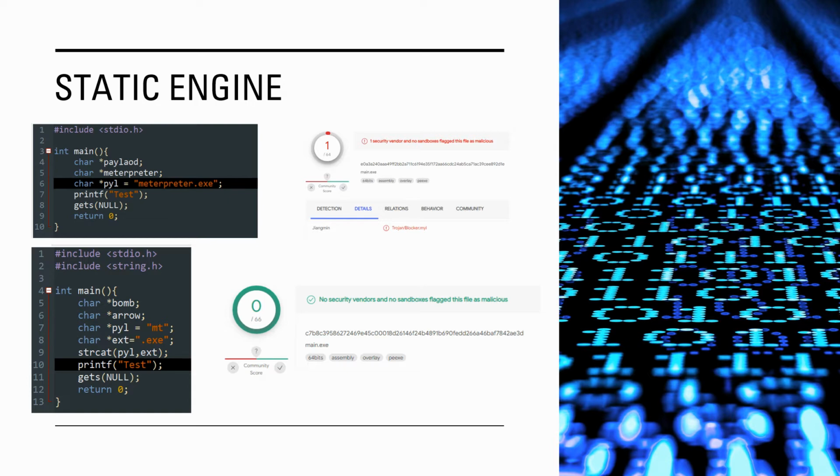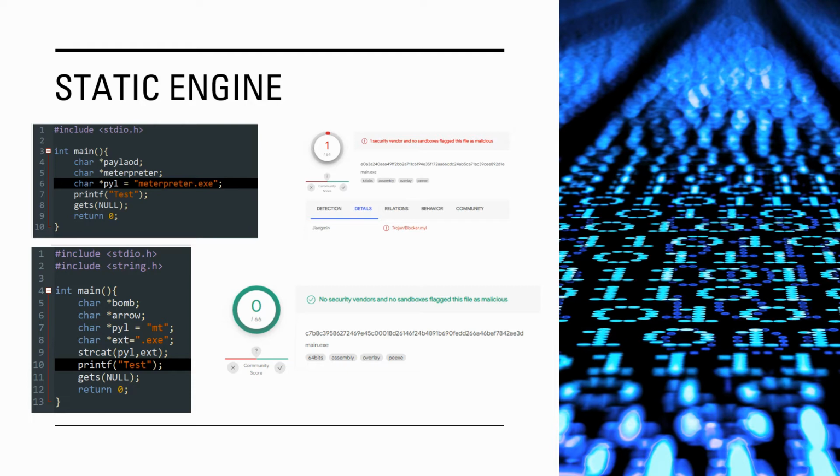You can see a few malicious names: Interpreter, Interpreter.exe, and Payload. And when we check this with VirusTotal, one scanning engine says that this is a Trojan. But